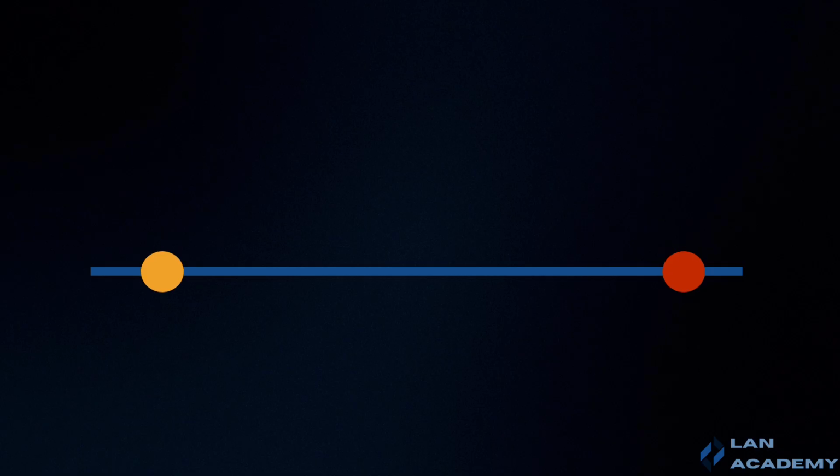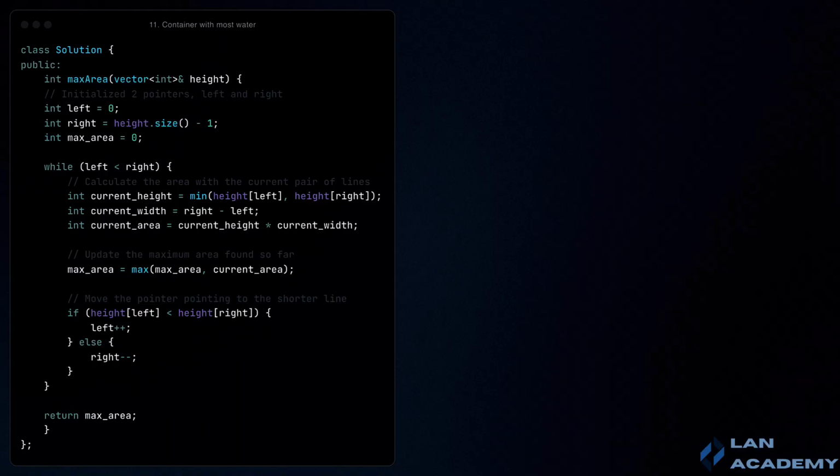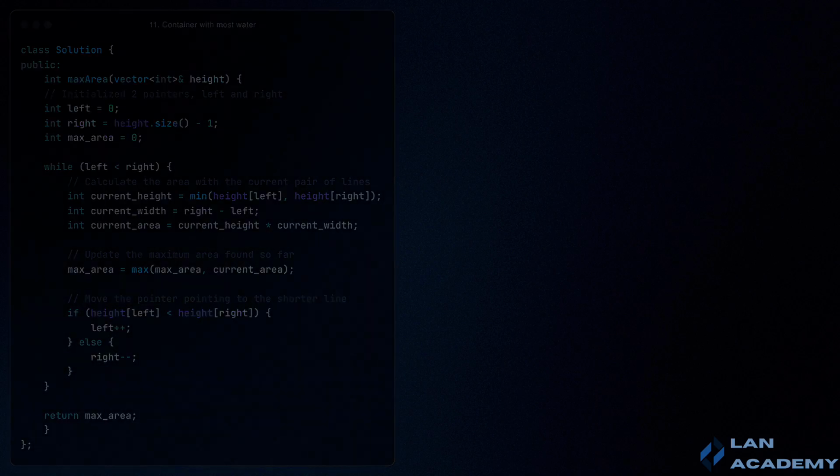For this problem, I decided to use a two-pointer technique. The two-pointer technique is a common algorithmic strategy used to solve problems that involve linear data structures, like arrays or linked lists. It involves using two pointers to traverse the data structure, typically from opposite ends, to find a solution. In the context of this problem, the two-pointer technique helps to efficiently find the pair of lines that form the container with the most water by moving the pointers inward based on the heights of the lines. This effective algorithm reduces the number of comparisons needed compared to a brute force approach.